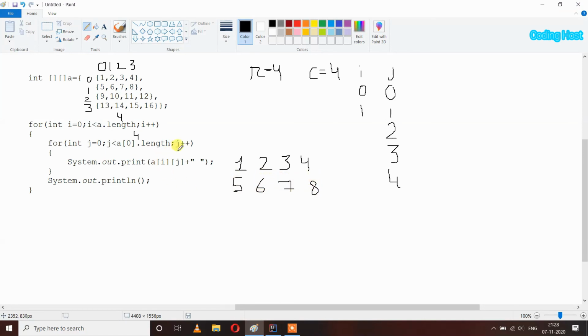After that when the value of j will become 4, the loop will break, and after that System.out.println will print the elements in the next row. So after that i++. Now value of i will become 2, and after that it will again check that i is less than a.length. So 2 is less than 4, so our condition is true.